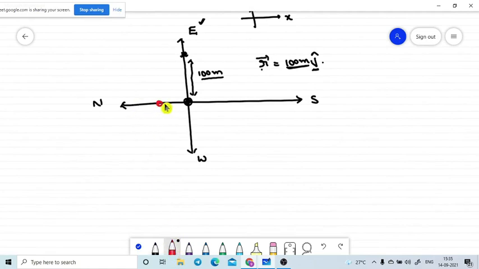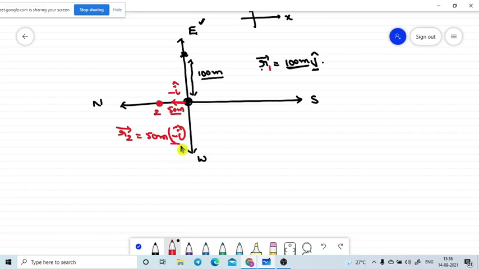If you take another example, one of your other friends' houses is located somewhere here, in the opposite direction, the north direction. It may be a 50-meter distance. How can we locate this? The position vector of this is 50 meters. What is the unit vector along this direction? Minus i cap. So the location of the other friend is R2 bar, let me take it as R2 bar, equal to 50 meters in minus i cap.